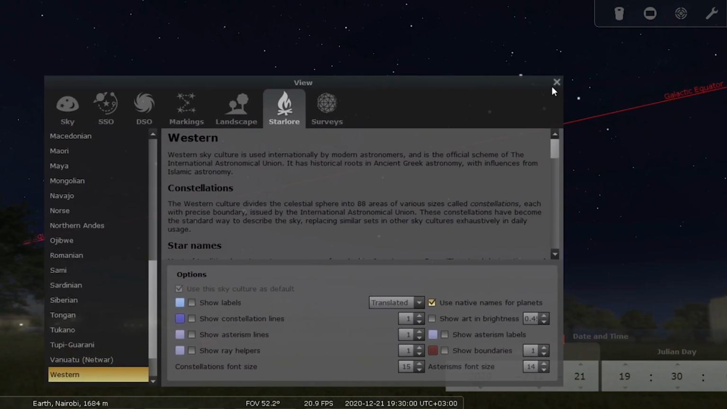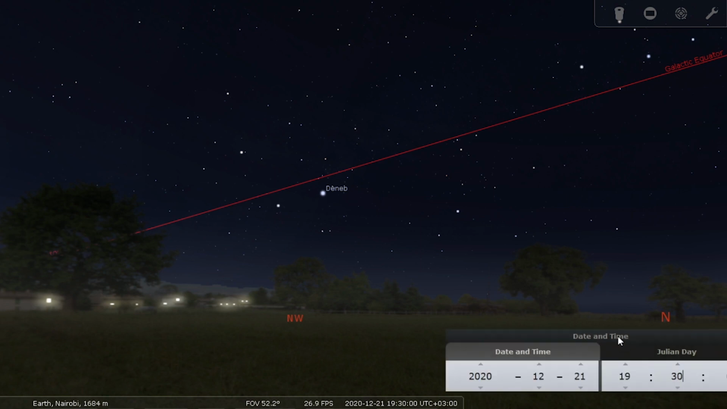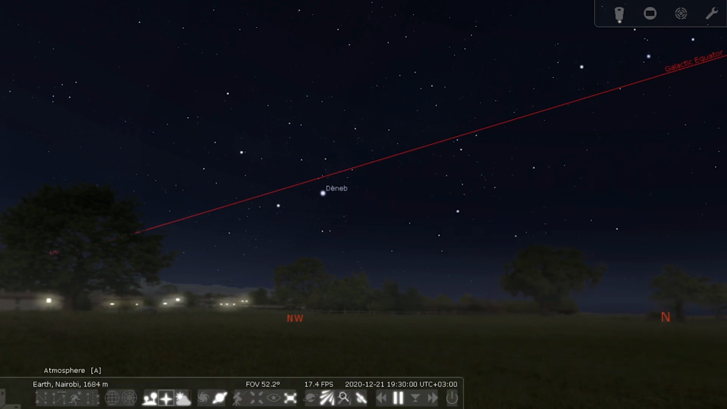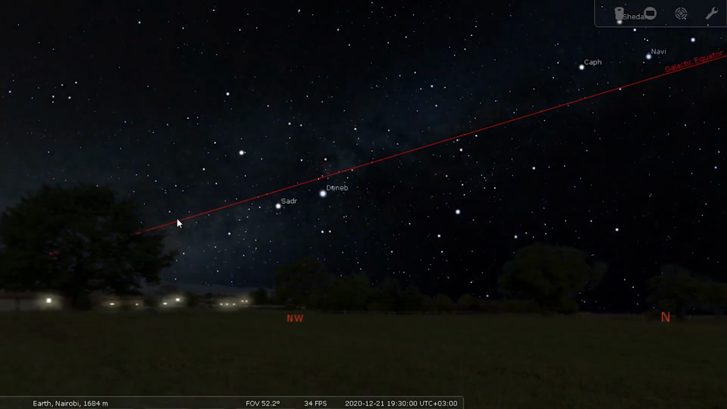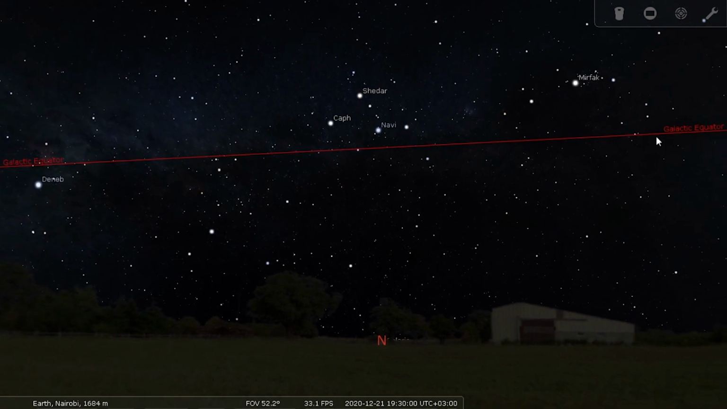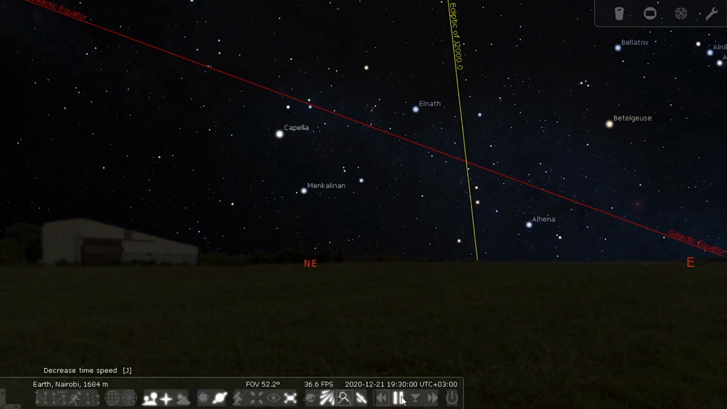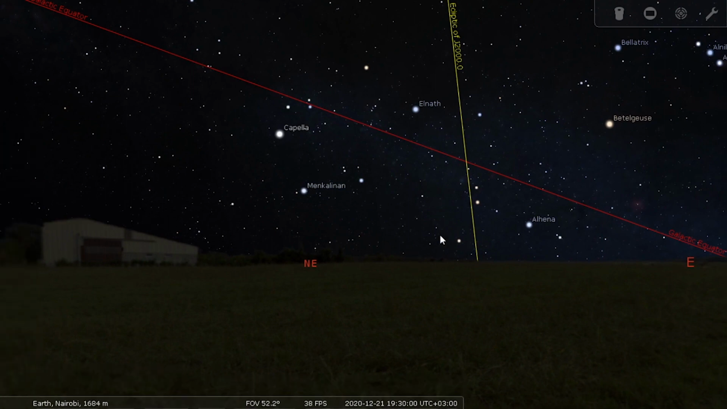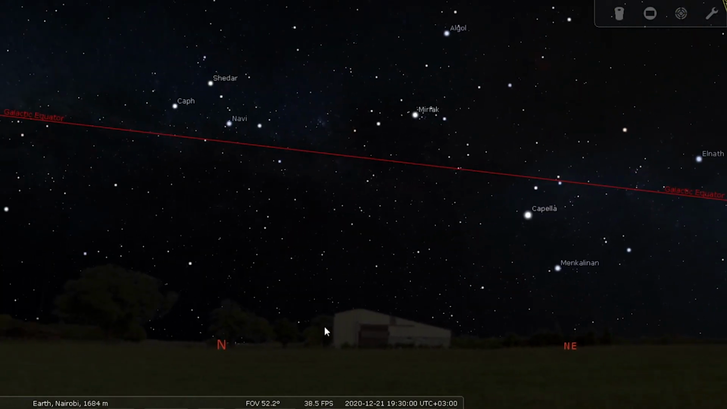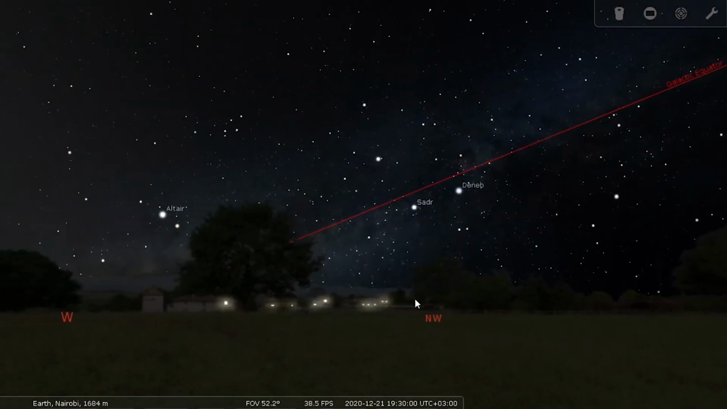Let me close this window. Let me also close this. I can come here, remove my atmosphere, and you can see the Milky Way galaxy moving across this galactic equator. So this is just a simple introduction on how the Stellarium software works and how you can use it to